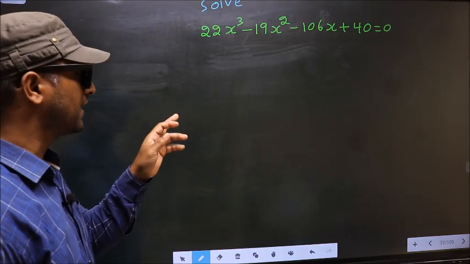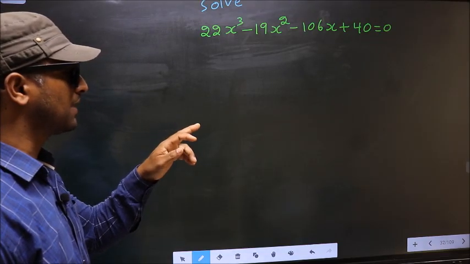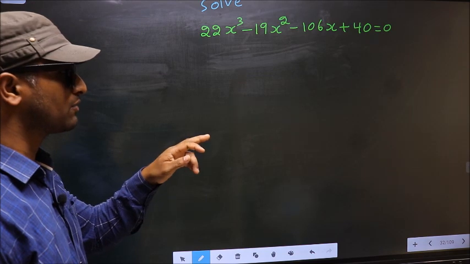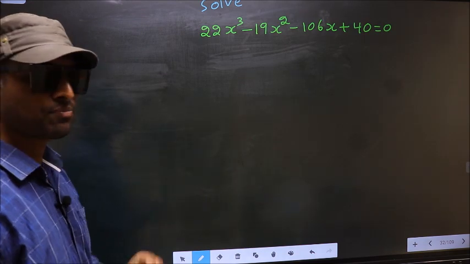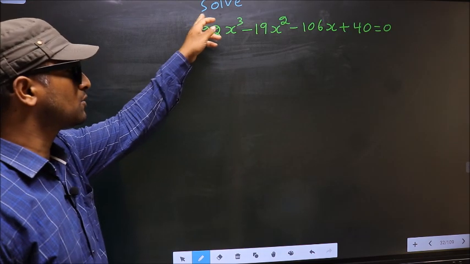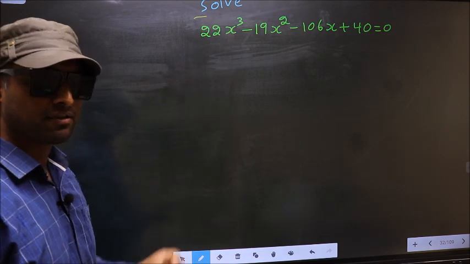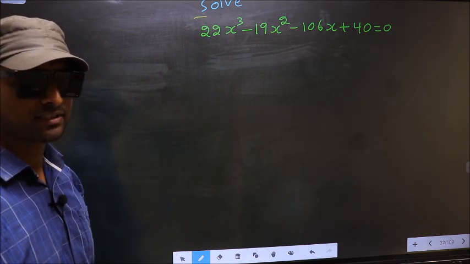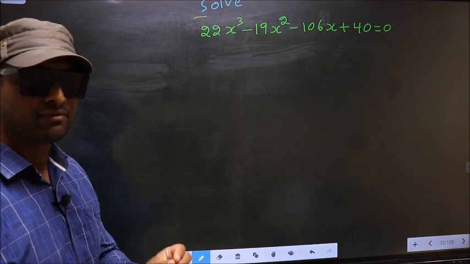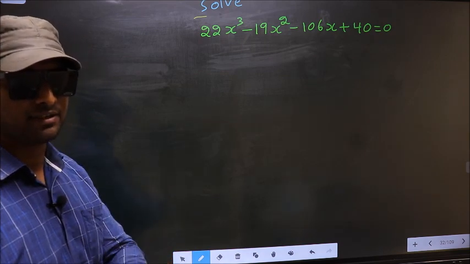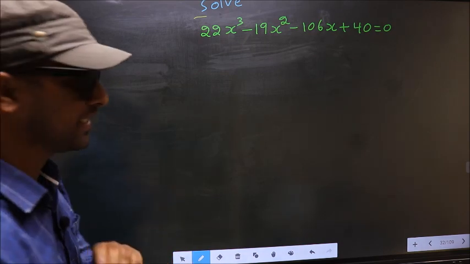Solve 22x cube minus 19x square minus 106x plus 40 equal to 0. Here they told us to solve, which means we should get the values of x. For that, here we have to change the x term. What I mean is, see,